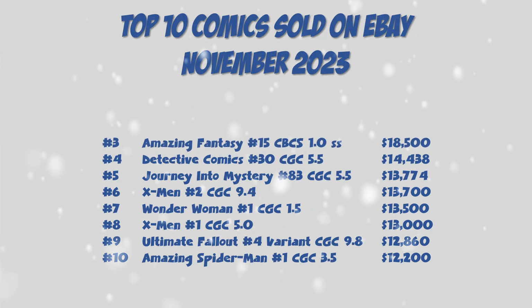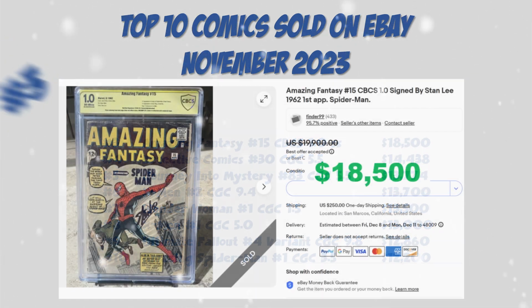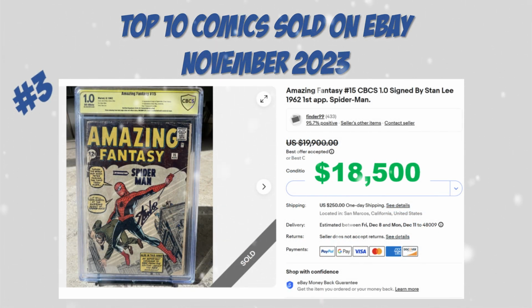Let's get into our top 3. Spider-Man hits again, Amazing Fantasy number 15. This one is a CBCS 1.0, and it is a signed book. It's a verified signature of Stan Lee, and we know it's tough to find grails with Stan Lee's signature on it. So this one came in best offer accepted on this one for